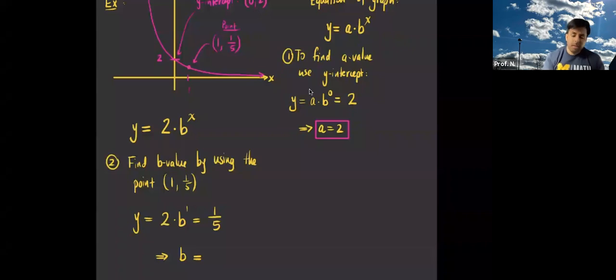Then to find b, I need to do what? Get it by itself. And what do I get for b? Anybody? How do you get b? 2b equals a fifth, so b equals